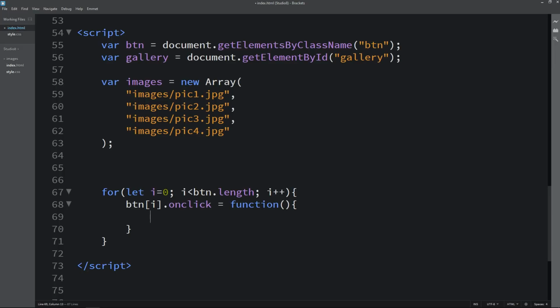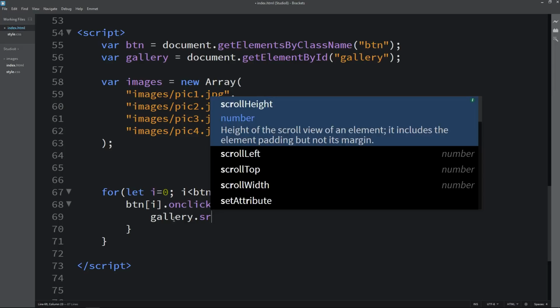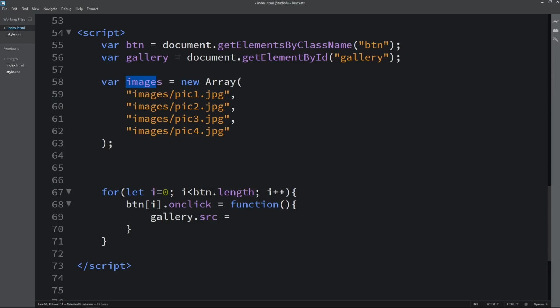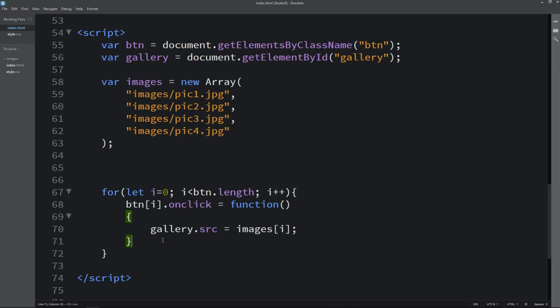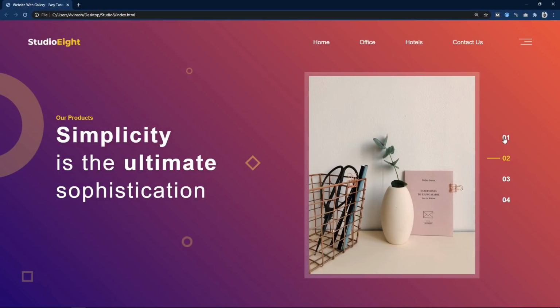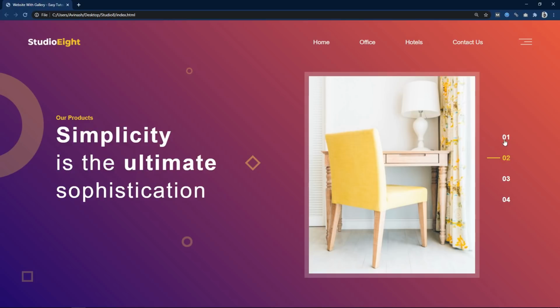Then write gallery dot src equals images i. That's it. So after adding this, it will change the images in our gallery. You can see if I click on any number, it is changing the image in this gallery, but right now